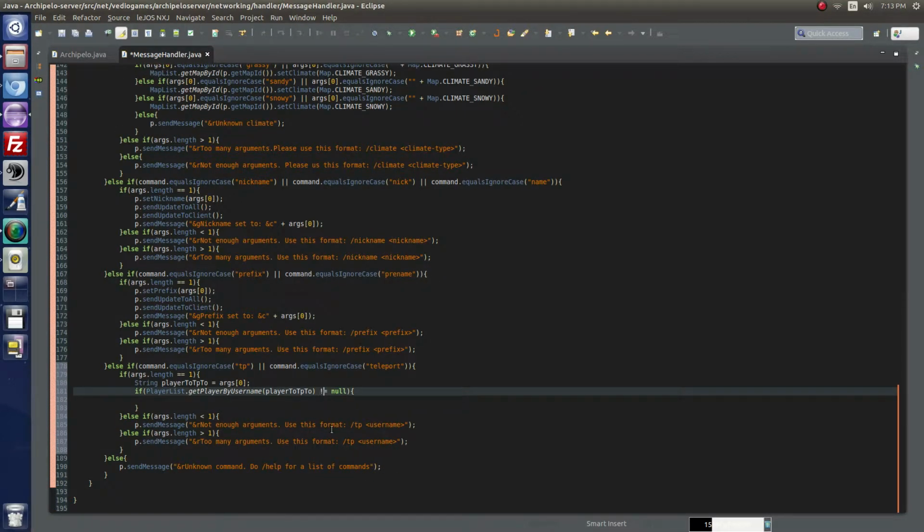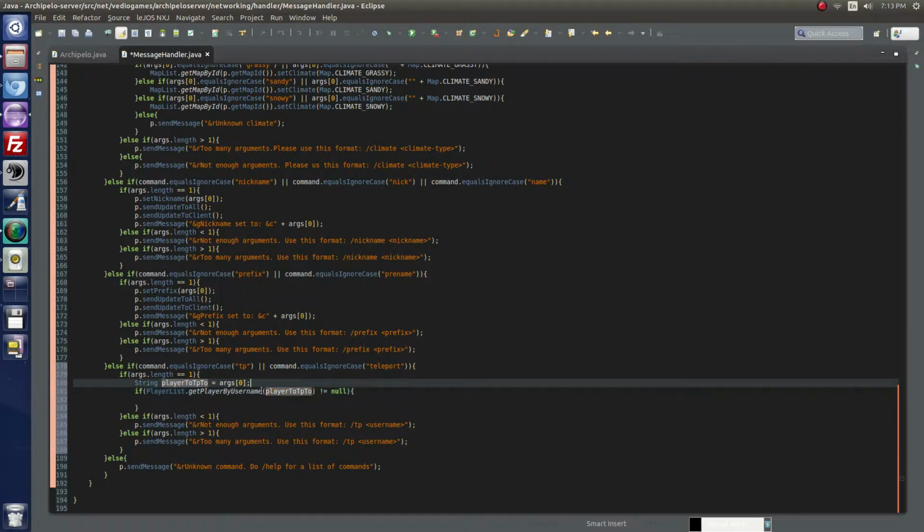I'll do not equal to. So basically what I did is I'm accessing the player list. That's a list of people who are connected to the server, and I'm getting a player object by using their username, and I'm checking if it's null. If it's null, which means it doesn't exist, that means that a player with that username is not connected to the server. So I'm asking if it's not null, so if there is a player with that username connected